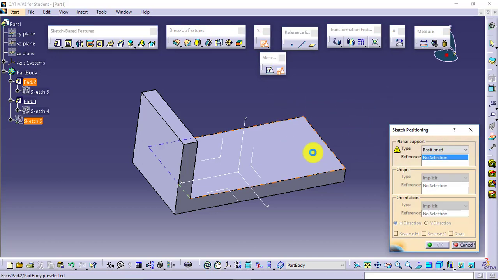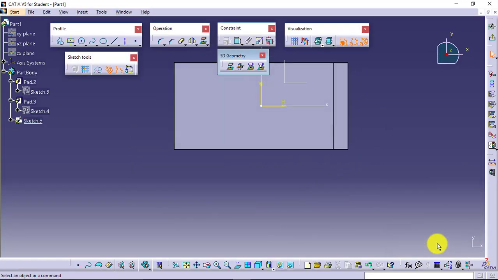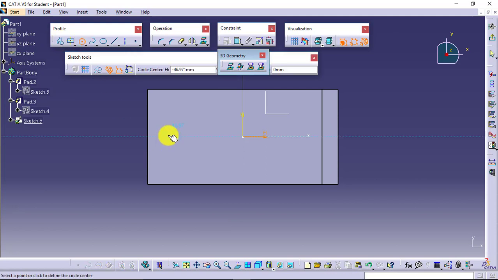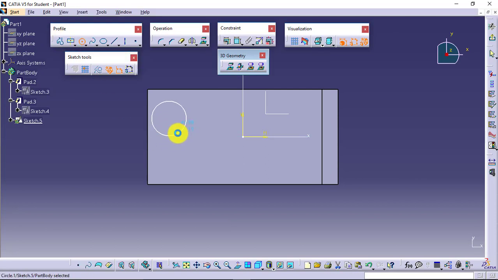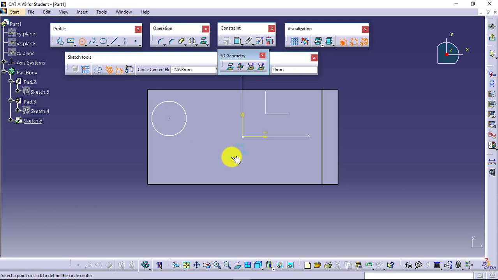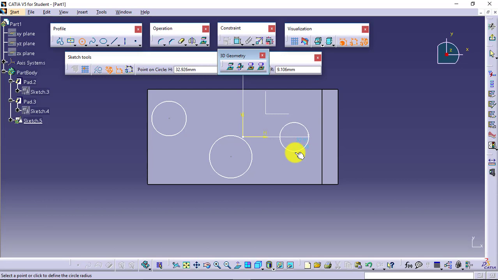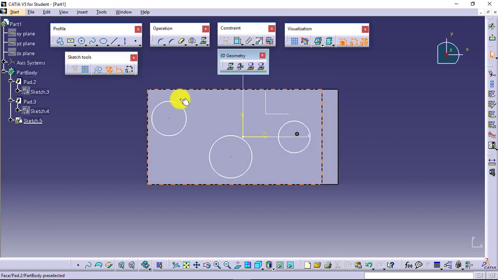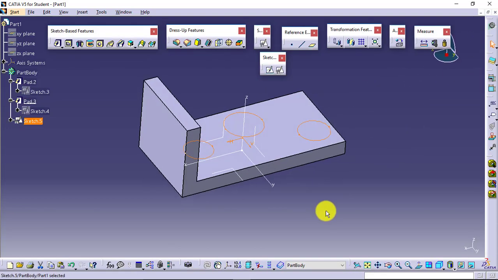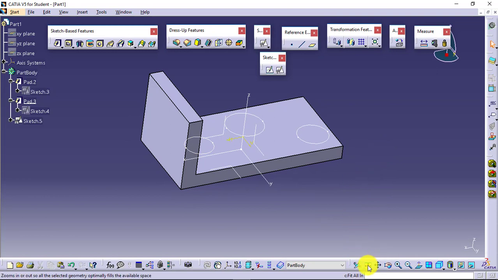Next I'll be creating some more features over here for the explanation of those options for limit. Say I'm creating one circle over here, another circle somewhere here, and one circle over here. Now in a single sketch only I have created these three circles. Just for explanation I am using it, so I will not make these three fully constrained, I will just keep it as it is. And in a single sketch I have these three separate closed loops available.